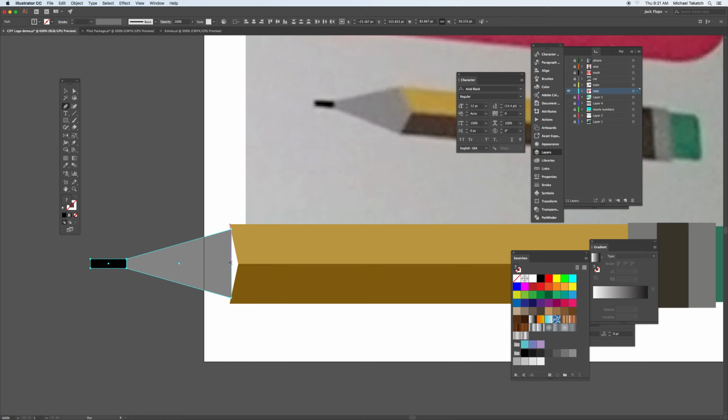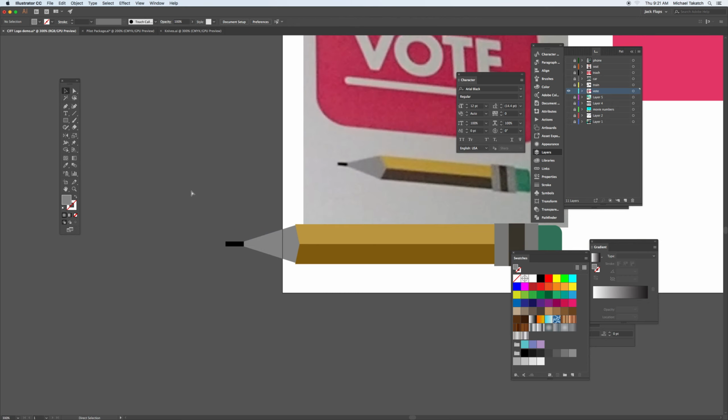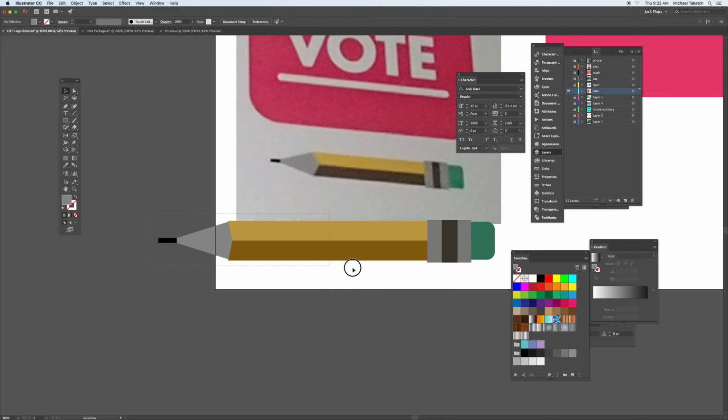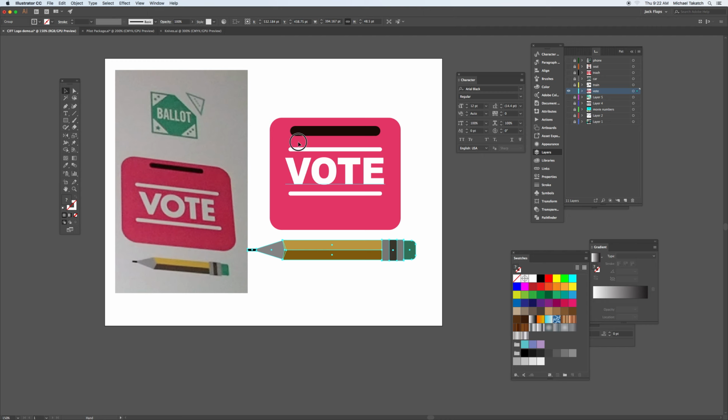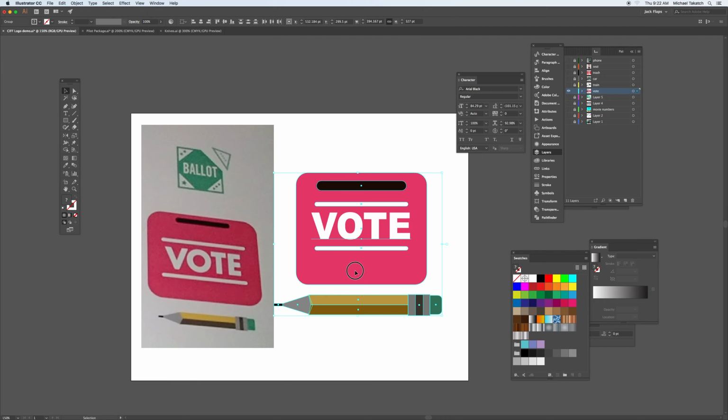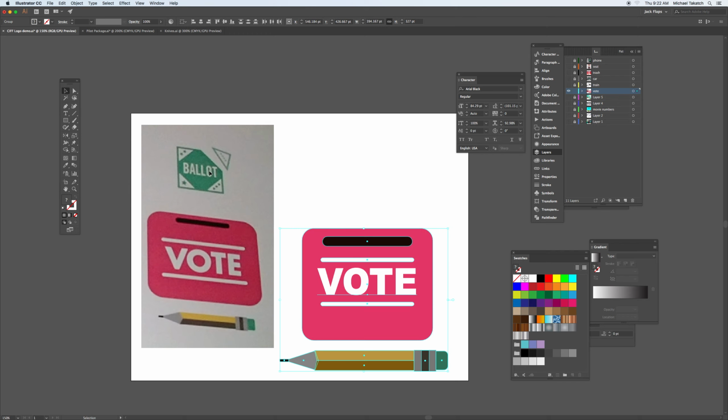Now I see I might have added a point here. Direct Selection key. And like I said, there's many ways to do this, so I'm sure you can come up with a couple that'll look good. Select that. Oops. Selection tool and just send it behind. So now when I zoom out of here, I have this whole pencil and just group that together. So now I have this piece over here. The last part, probably the harder one, is going to be the ballot, because you want to try to anticipate the shape and seeing how much selections